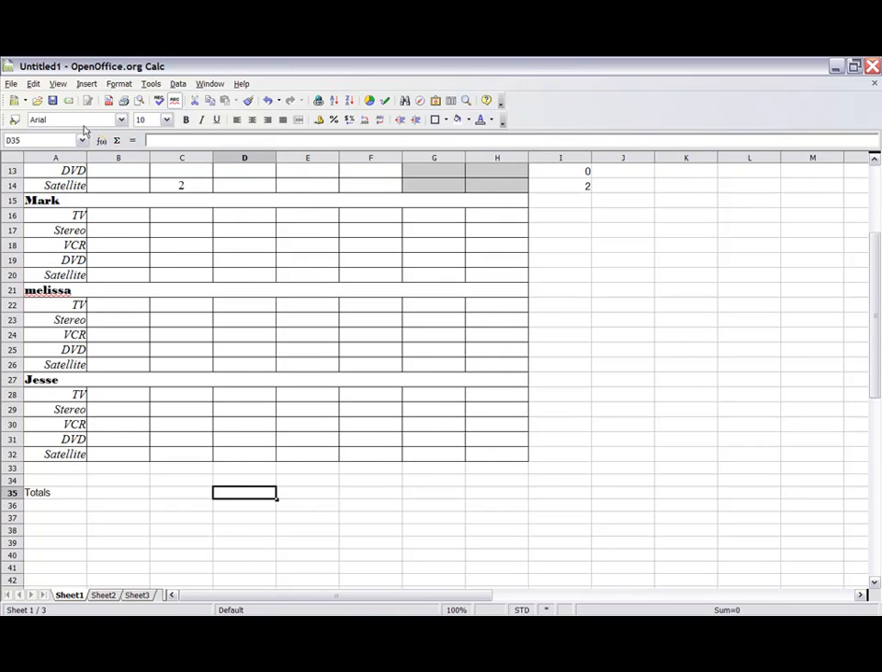I'm going to come here and I'm going to hit the auto sum again, but this time I'm going to come in, I'm going to grab this first bit of information, I'm going to hold the control key down. I need to skip this merge cell because